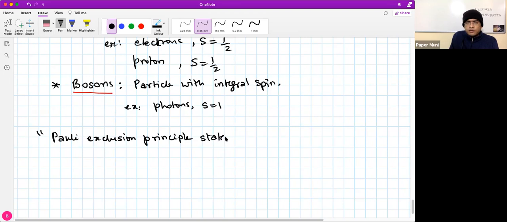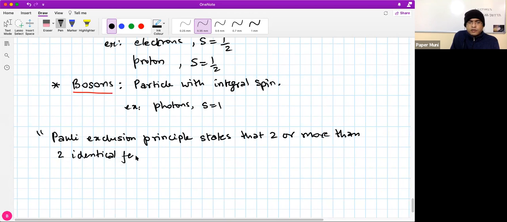Okay, so the Pauli exclusion principle states that more than 2 identical fermions, okay, identical fermions. Now let's make it not in numeric, let's make it in words, 2. Okay, more than 2 identical fermions cannot